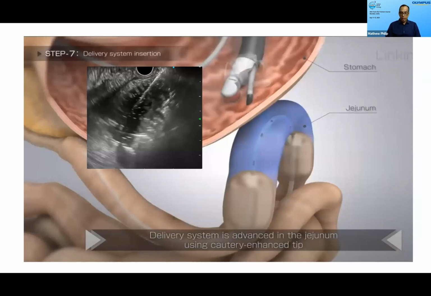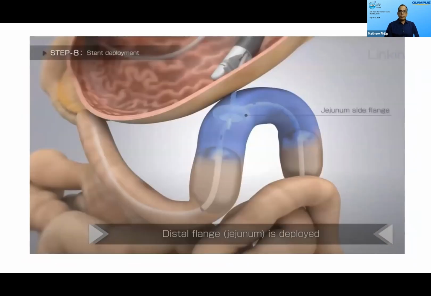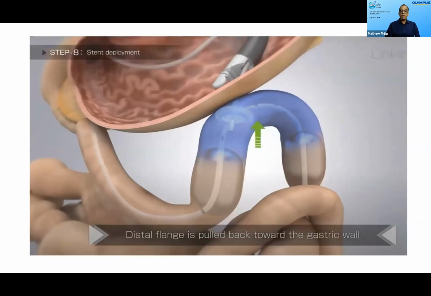procedure by using Axios or a lumen opposing stent or EC lamps, whatever technique you use. There is actually a cautery enhanced tip, so that can deliver. Then the distal flange is delivered, that is deployed into the jejunum. Then you use the conventional technique of delivering the Axios stents or the lumen opposing stents, and then it is